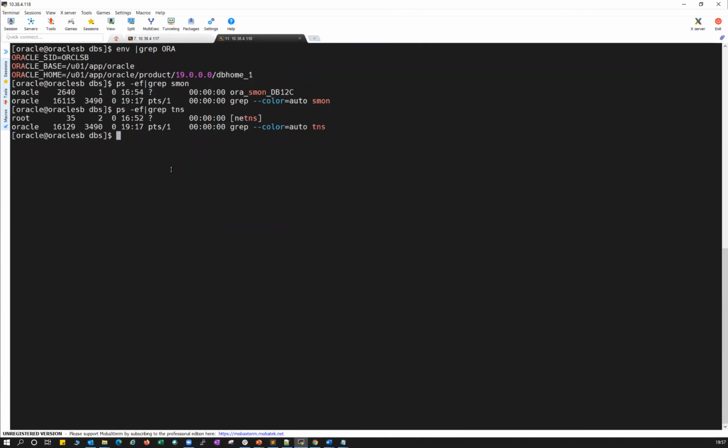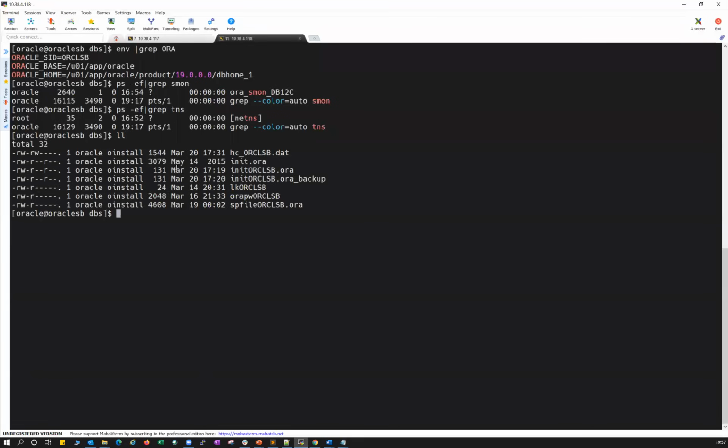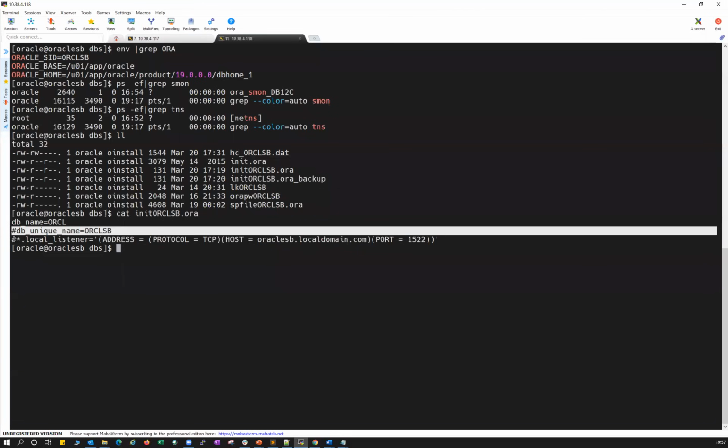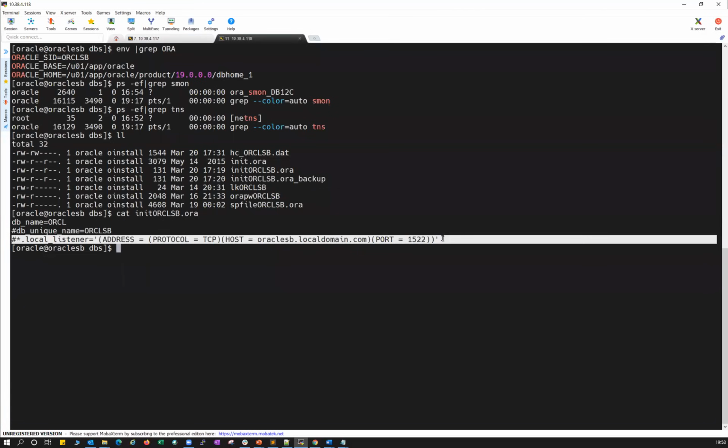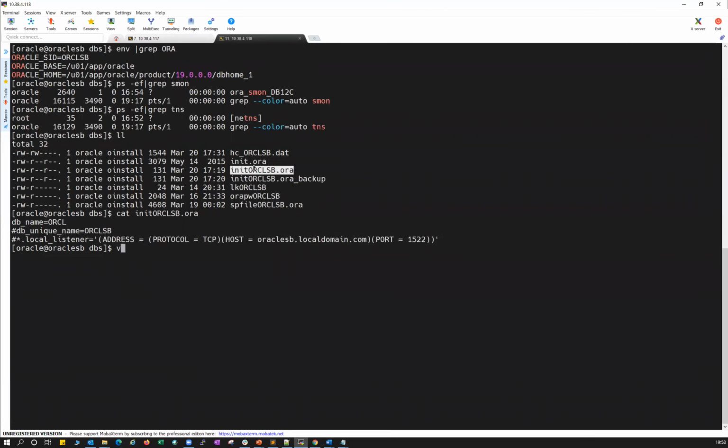So now if I go to standby, you need not worry about the standby P file. If you see my standby P file, I just kept my DB name. You can see DB name is equal to my production DB name. You need not mention your DB unique name, or any of the local listener, so I just commented those out. If you want, I can just remove this one.